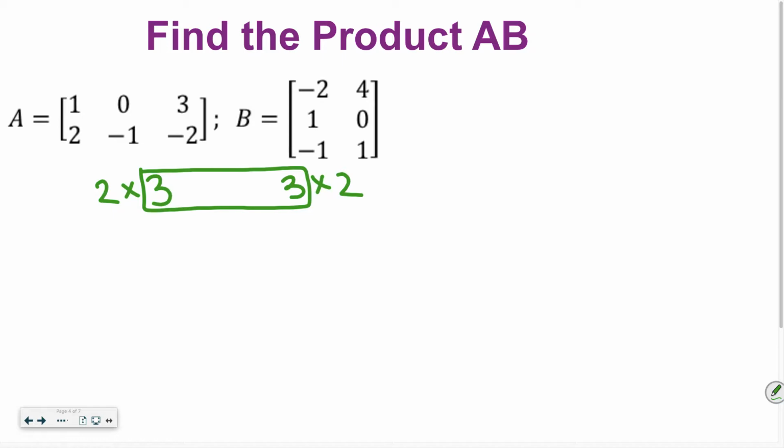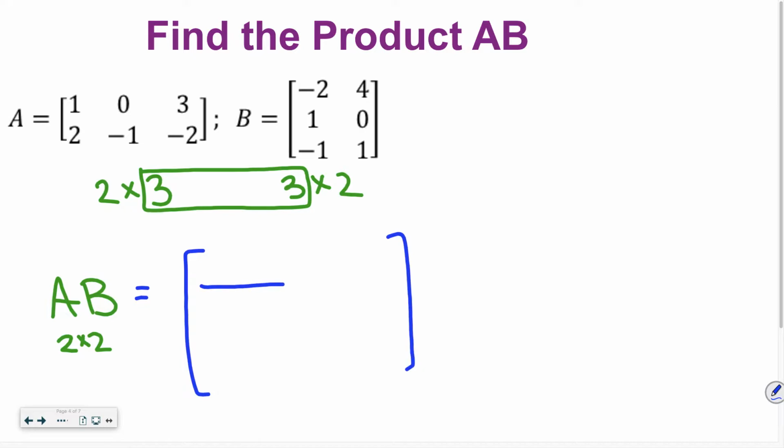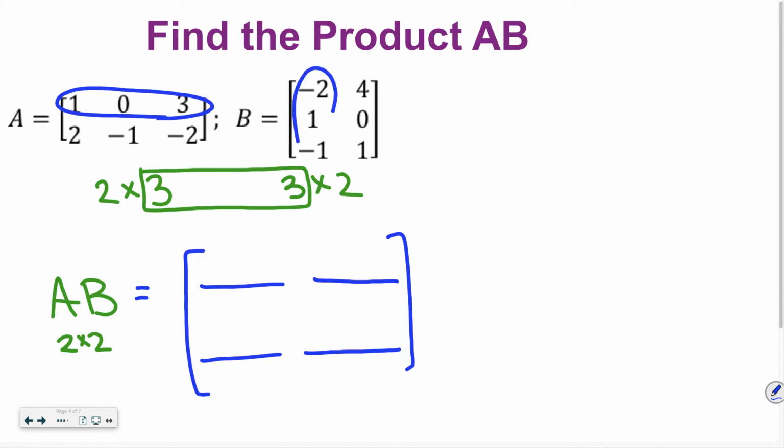What would our product have an order of? She says with enthusiasm. AB is going to have an order of 2 by 2 because that's what's left over on the outside. Okay. So let's do it. Okay, so we are going to have a 2 by 2 matrix. So we should have 4 entries. Do you agree? Okay, so what we're going to do, we're going to take the first